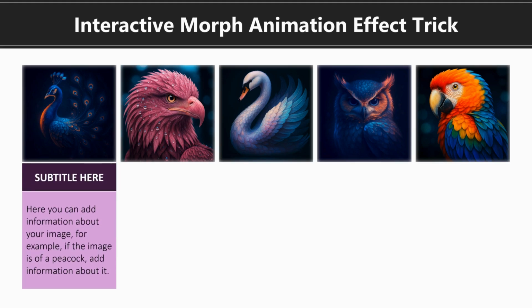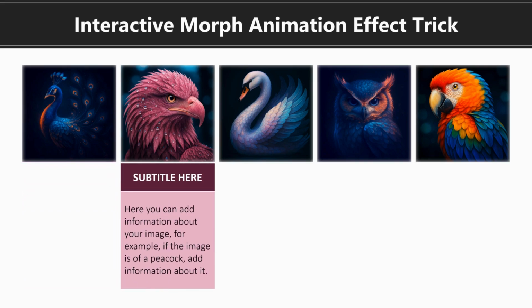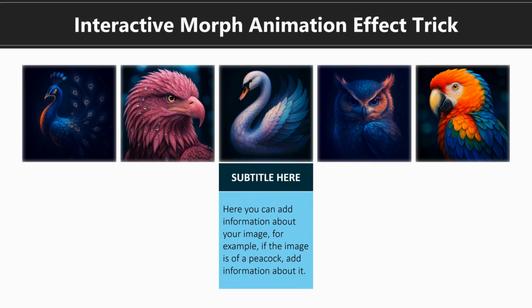And that's it. You have just created a clean, professional morph animation in PowerPoint, perfect for portfolios, team intros, or